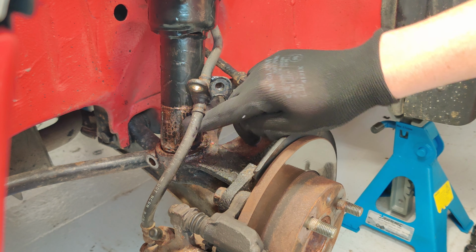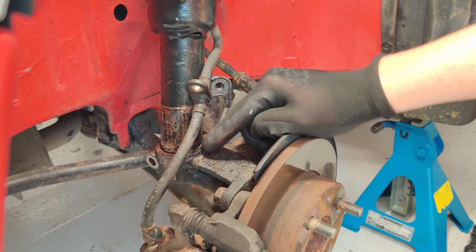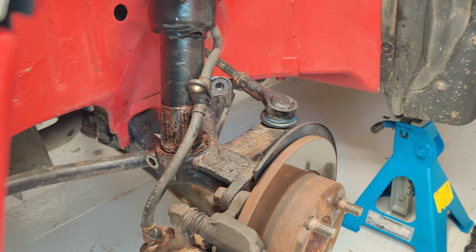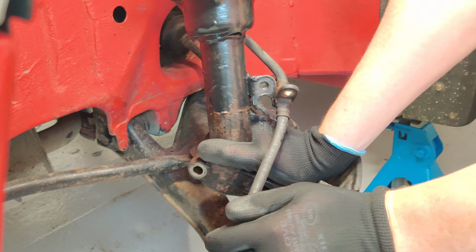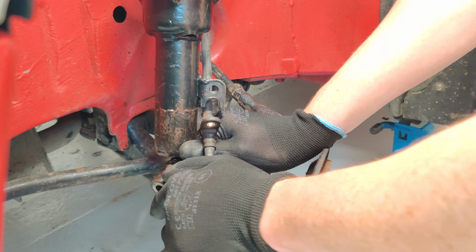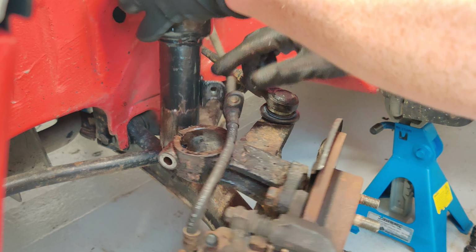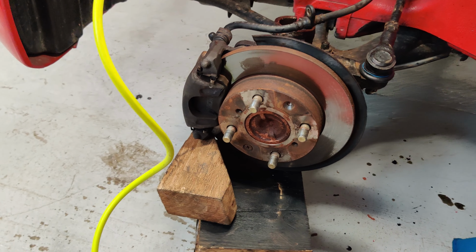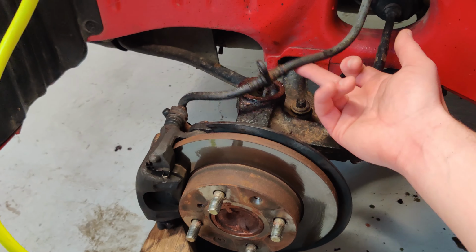As you can see, I had previously put copper grease on here, so it allows it to come out pretty easy. It wasn't this easy the first time I did it. Now I'm going to take off the two nuts at the top. You'll need to find a way to support the hub just so it doesn't put too much tension on these